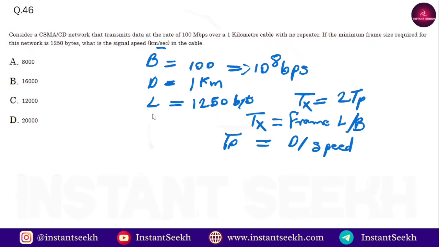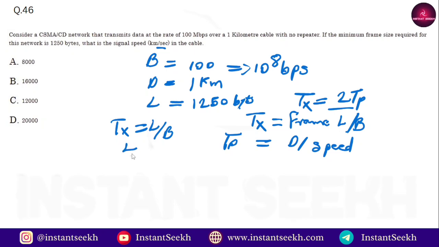So let's solve this. The minimum frame length is given as Tx equal to 2 Tp. So we have Tx equal to L by B, and that is twice